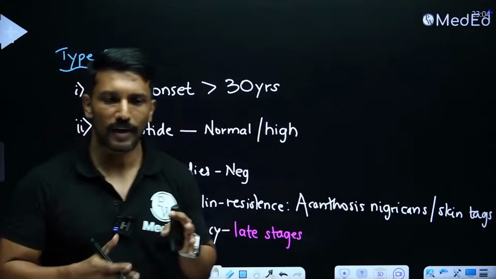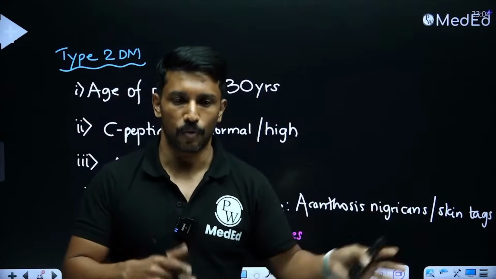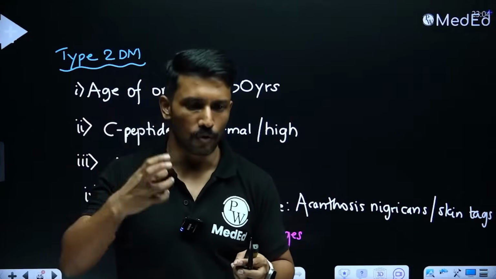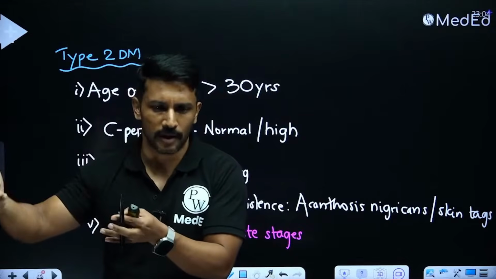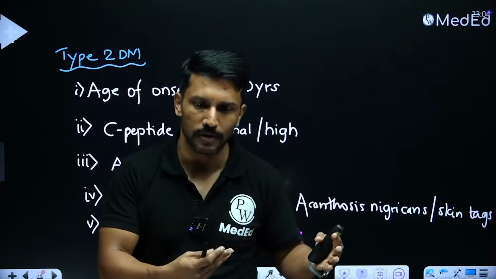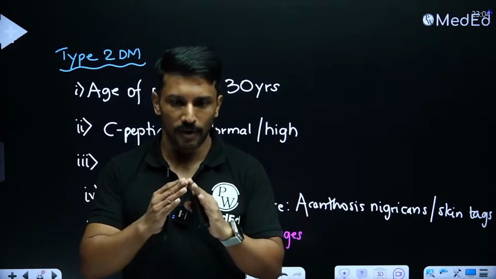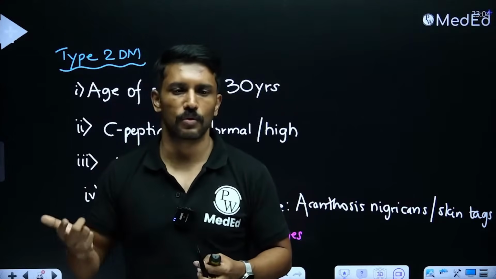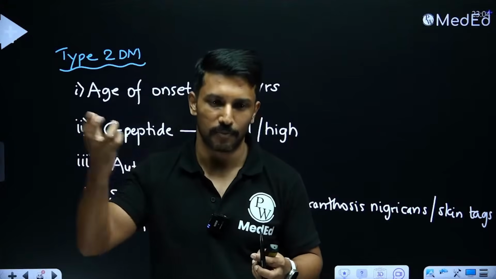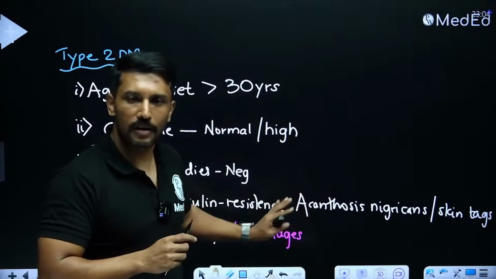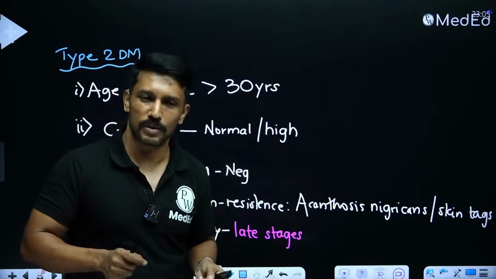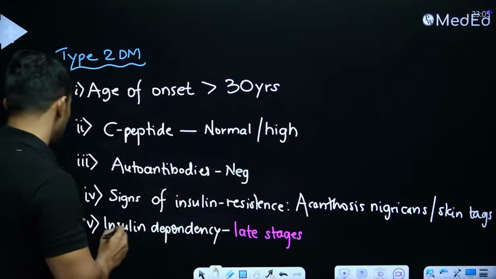Theoretically speaking, type 2 diabetes mellitus is not supposed to be ketosis prone because there is some amount of insulin. So cells will still be using glucose as the main metabolic fuel. They don't need to switch to free fatty acids as the tool for the generation of ATP. But in case of type 1, insulin is absolutely absent. So cells cannot use the glucose. They have to rely on free fatty acids for the cellular energy needs. That's why they end up generating ketones. Theoretically speaking, here it should not be. But for some unknown reason, Indians are particularly prone to develop ketosis even when having type 2 diabetes mellitus.